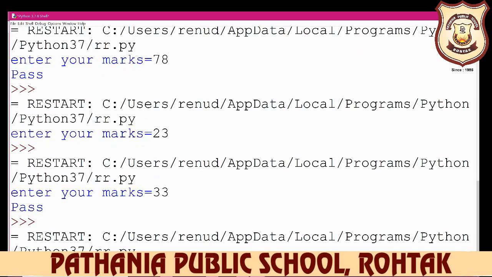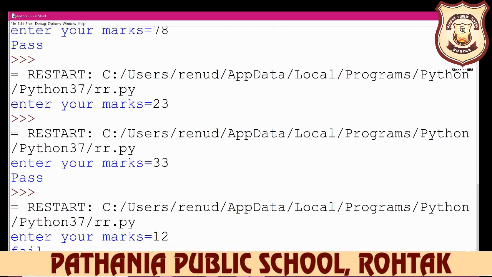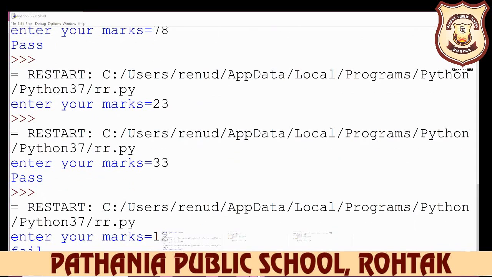So beta, errors are very important in your program. If any error is there, then you remove it. Like this time an indentation error is there. So what is indentation? The gap of the tab. So you remove the indentation error. Try to write only where your cursor is blinking. So now you enter a value. If now we enter 12, then it displays the answer fail. Again run your program.